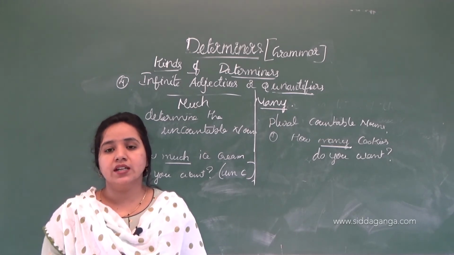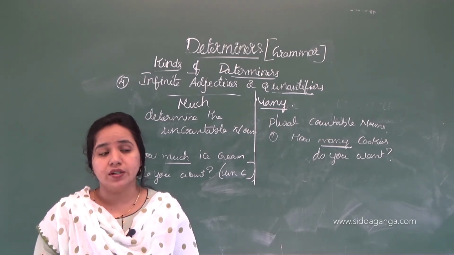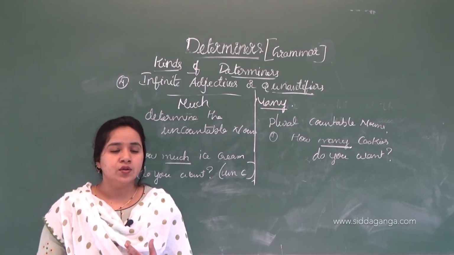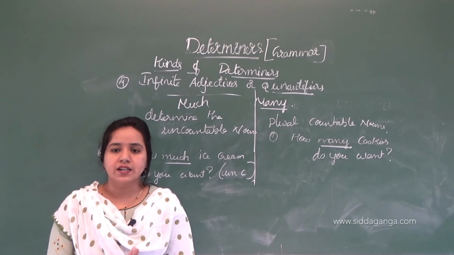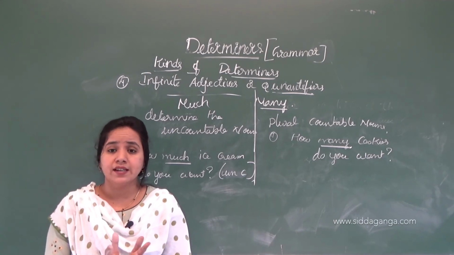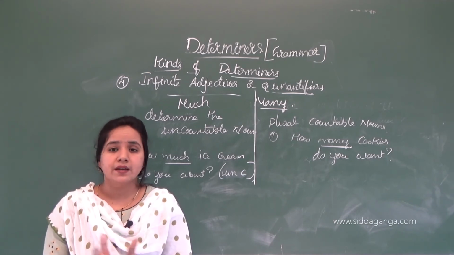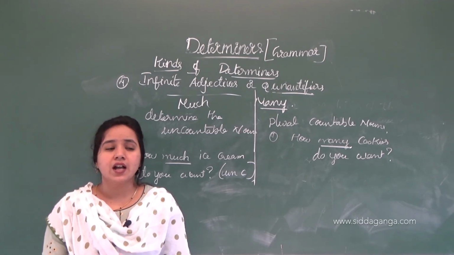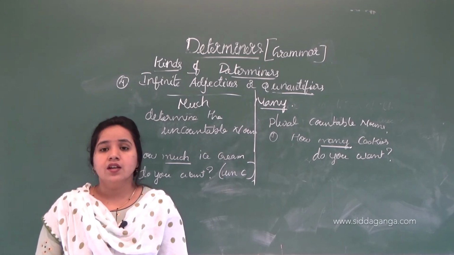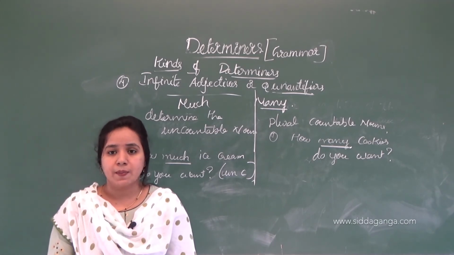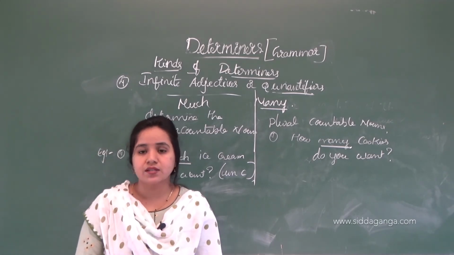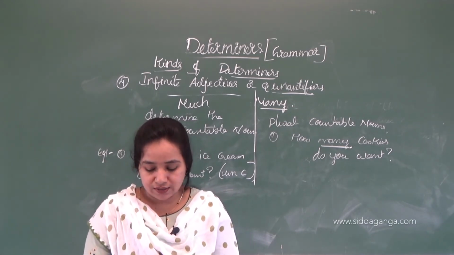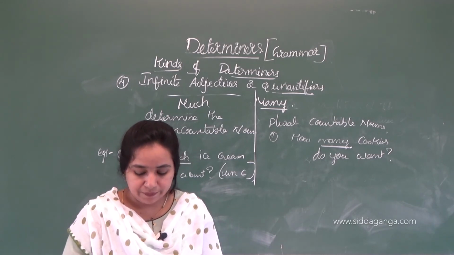So the things which we can count and the things which we can't count, like rice. Okay, we can't count that. Then if it is contents with certain pages, it can easily be counted. So in that case we use some pages, some books, okay. We can't say some rice, okay. We can use few rice. So it gives the quantity of things or an object. So this is about today's class, that is the determiners.